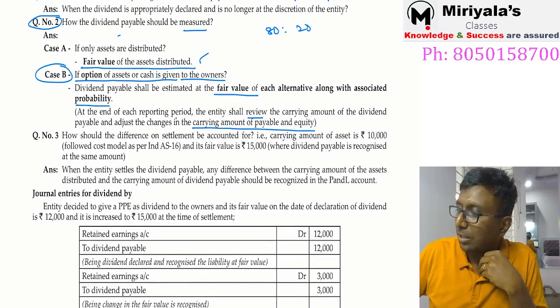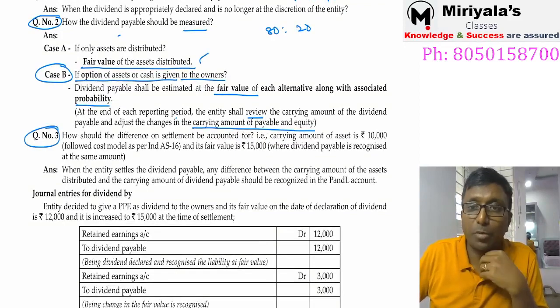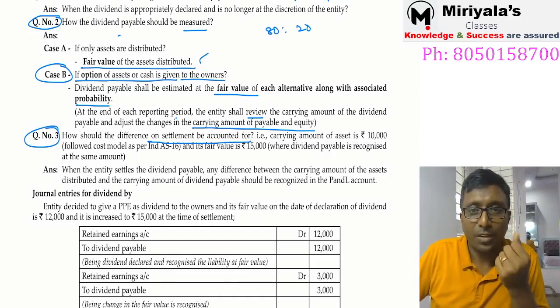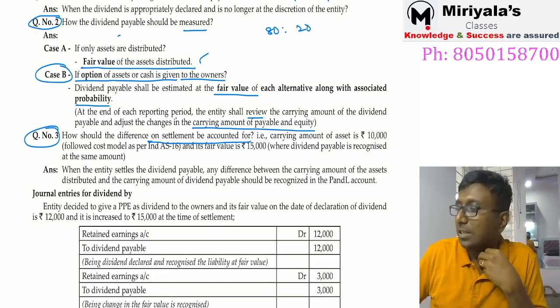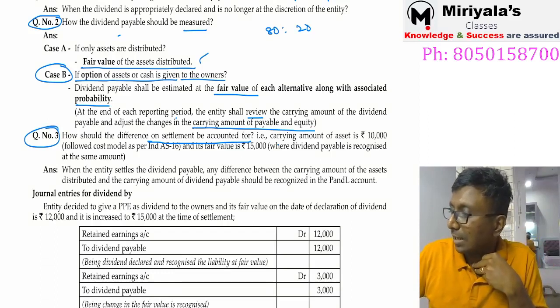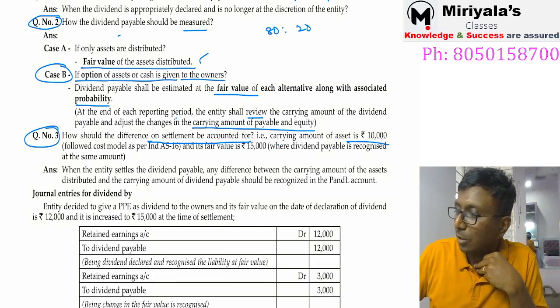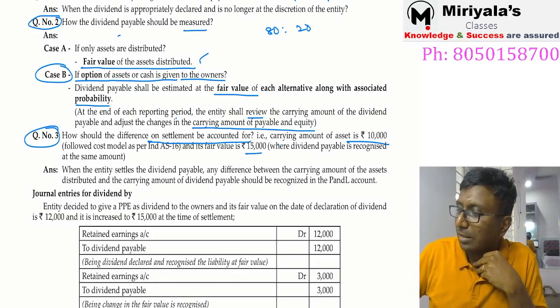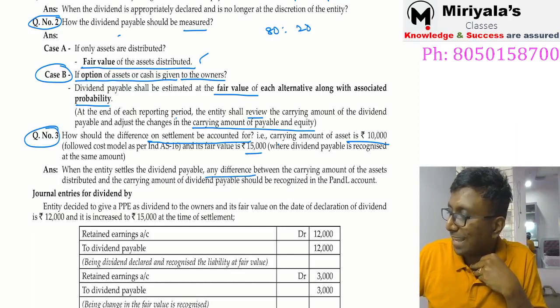How should the difference on the settlement be accounted for? This third bit is also very important to us. Initially you thought it was 60 is to 40, subsequently it went to 80 is to 20. Now how are we supposed to deal with such a circumstance? The carrying amount of the asset is 10,000, following the cost model, the fair value is 15,000, dividend paid. Whatever it is, when the entity settles the dividend payable, any difference between the carrying amount of